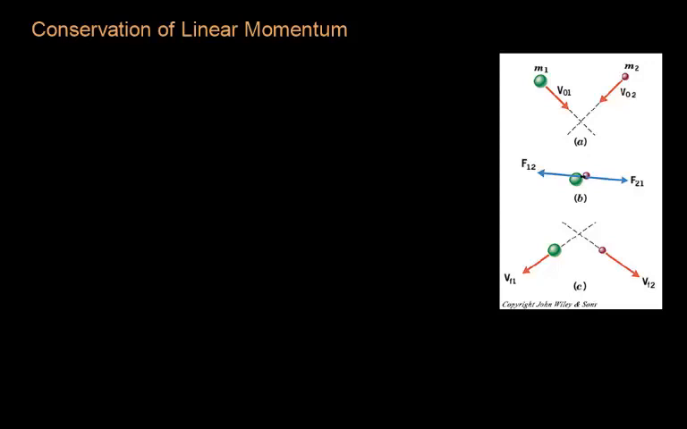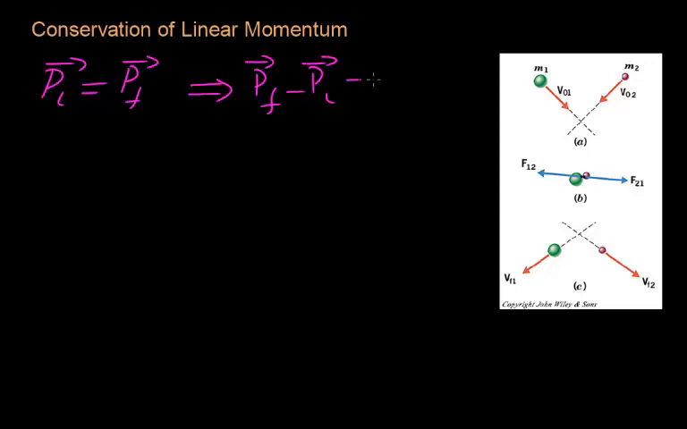Conservation of linear momentum means that the initial momentum has to equal the final momentum. That's all. P initial has to equal P final. This is the mathematical expression that we use whenever we have conservation of linear momentum. What does this mean? It means that the momentum final minus the momentum initial has to equal 0. All I did is move the P initial to one side of the equation and take the difference. And what's this? This is the delta P